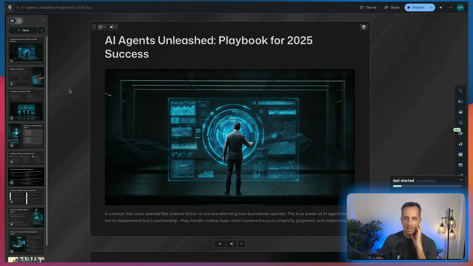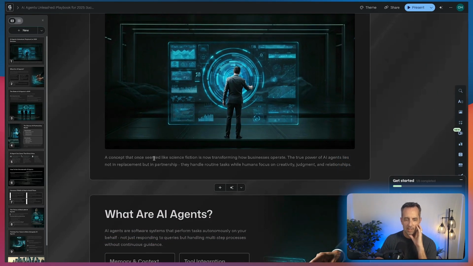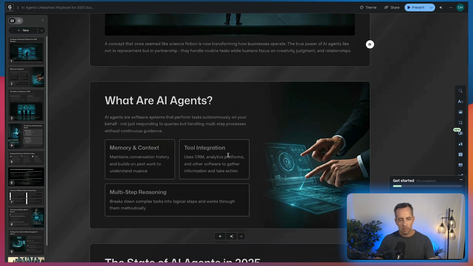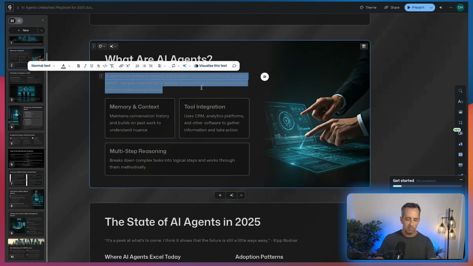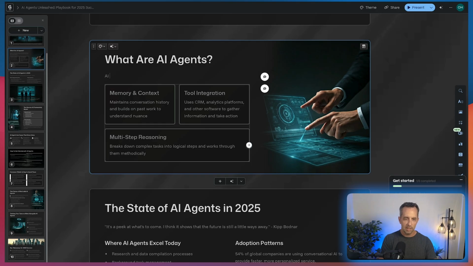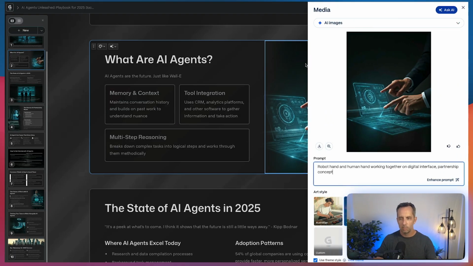Okay, so AI agents unleash playbook, right? Maybe you're like, hey, this is wrong. You just come in here and edit this, right? AI agents are the future, just like Wall-E, right? You can say whatever you want. And if you're like, hey, I don't really like this image, you could probably come over here and